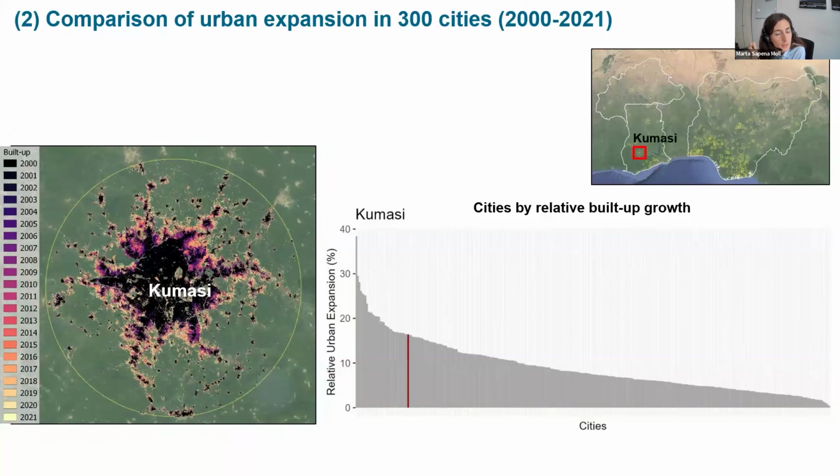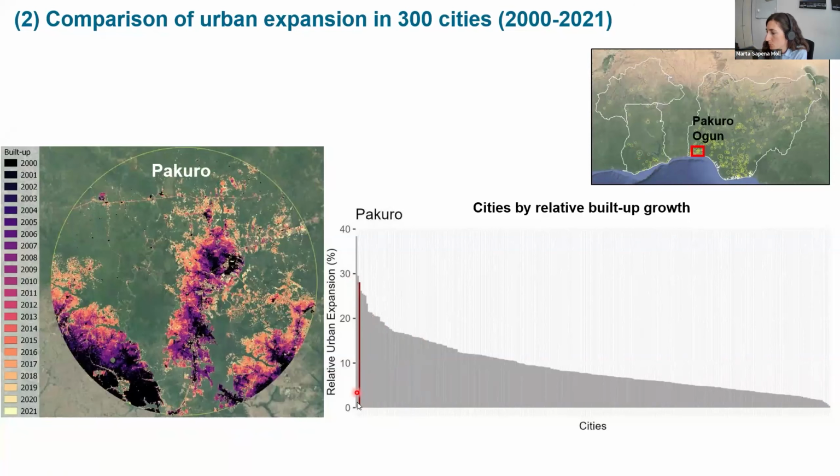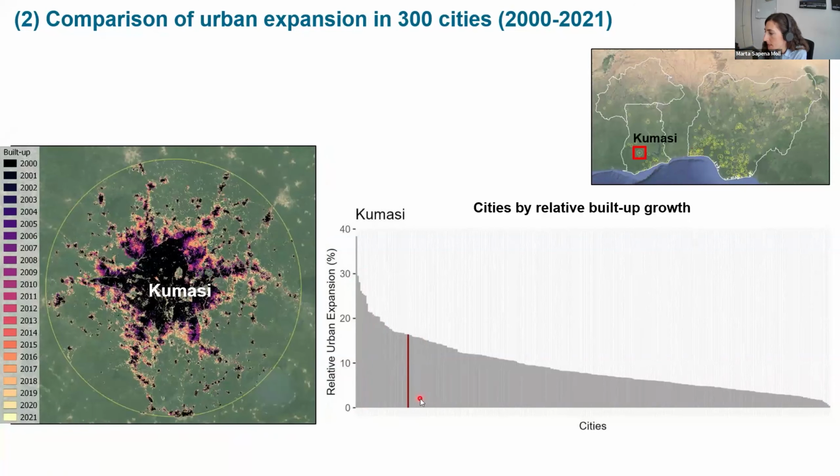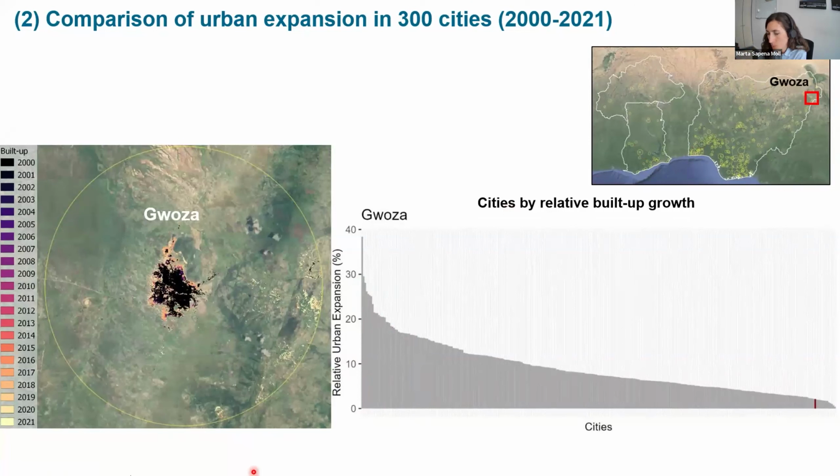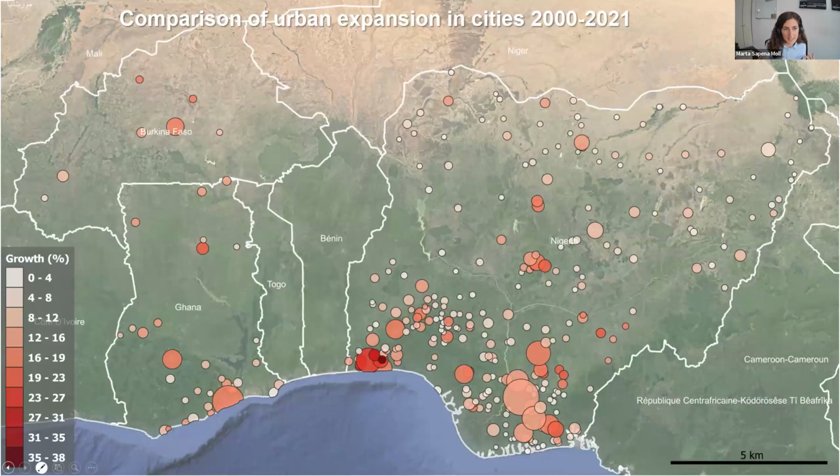We can see in this plot, for example, that Kumasi is a middle growth city, the previous one, Pakuro, is one of the fastest growing, and the same for Gyosa, which is the one that grew the least. With this, we can make some comparative analysis, and see how different cities across countries in Africa are growing and what implications this has.